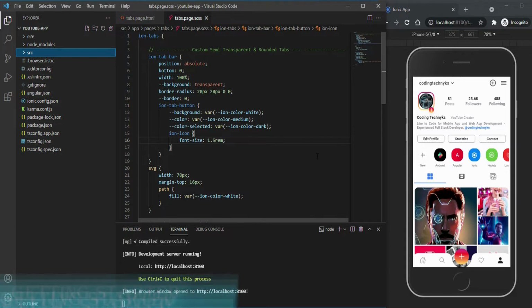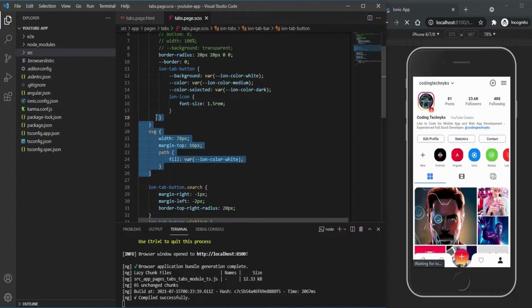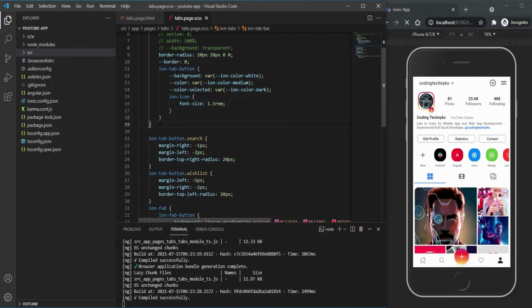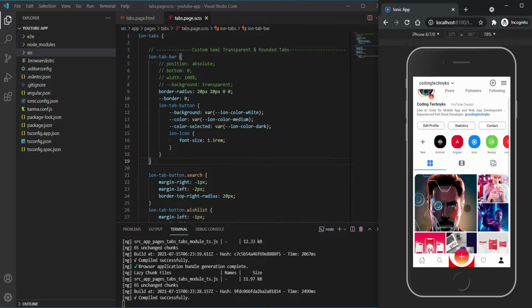So let's build this up into the one which we are looking for. What do we need to do? At first let's work with our SCSS. I don't need this absolute thing to be shown, so I'll simply remove it. In fact, I don't need any transparent tab either, so let me just comment it out for the time being. And we don't need any SVG here either, so I'll remove it. Now you see the SVG styling is removed, and I have also removed the transparency. You can see we don't see the transparent tabs anymore, right?